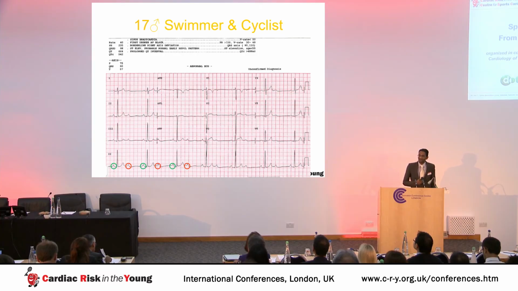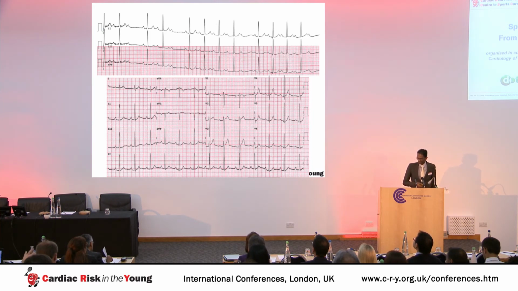In this situation, as with apparent sinus node disease, simple maneuvers such as exercise can help, and again, in this screening, with relatively minimal exercise, these two different ECGs are recorded from the same individual. You'll see on the top a very nice example of Mobitz 1 or Wenckebach block with progressive prolongation of the PR interval from the green circle through to block at the AV node at the red circle, and in the lower ECG, with only a slight change in the sinus rate, evidence of first-degree heart block.